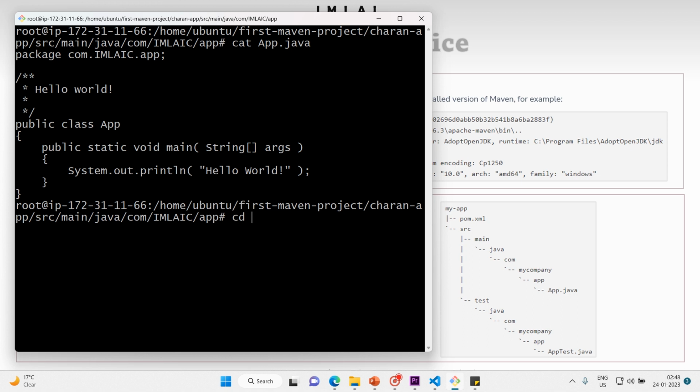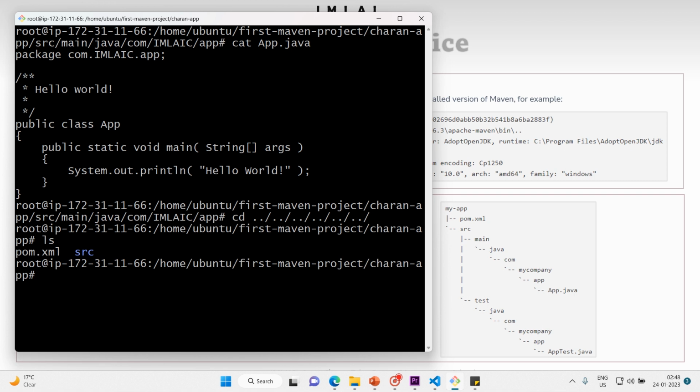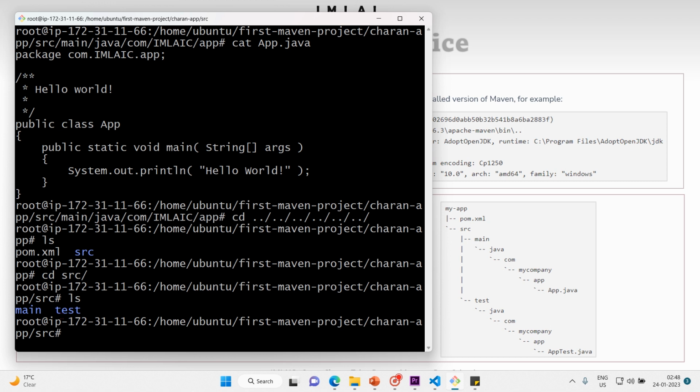And similarly, ls, see, we came back. So now let me get into src again. So in this we have seen the main. Main consists of app.java, whereas